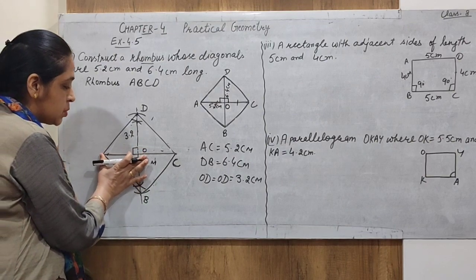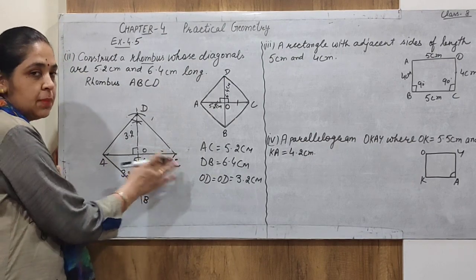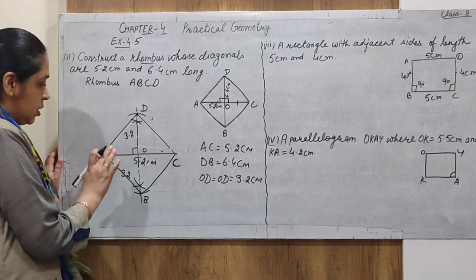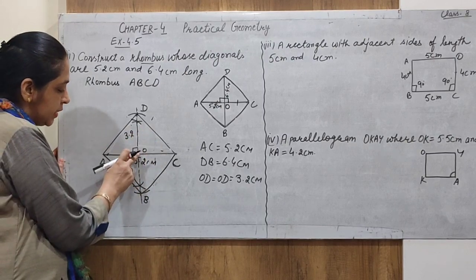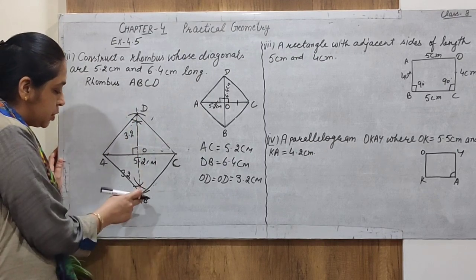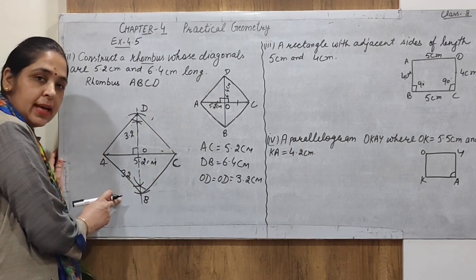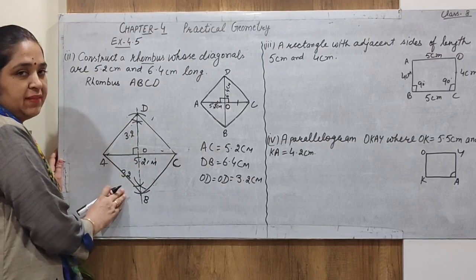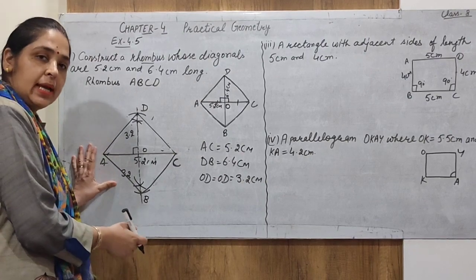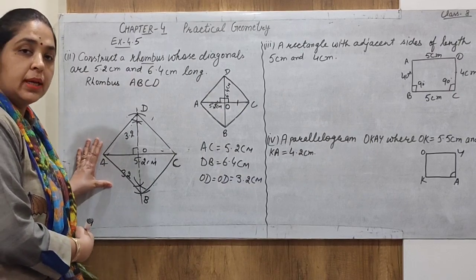So open your compass more than half, draw 2 arcs from the A point and from the C point as well. So by these arcs we get a perpendicular bisector. Next, from the center point, draw an arc of 3.2 in the upper side and 3.2 in the lower side. By joining all these points we get a quadrilateral. So you must write 4 to 5 lines related to every construction of the quadrilateral. We must use whatever property is required related to the quadrilateral.